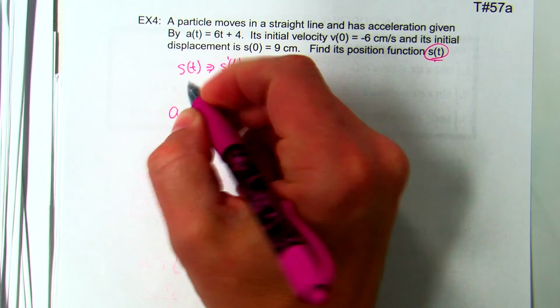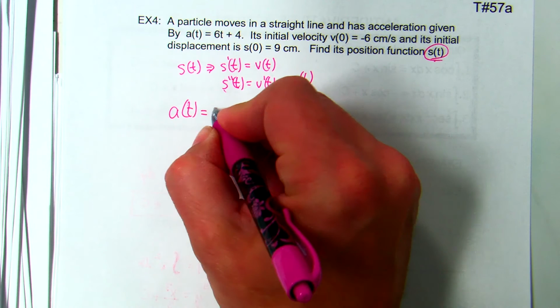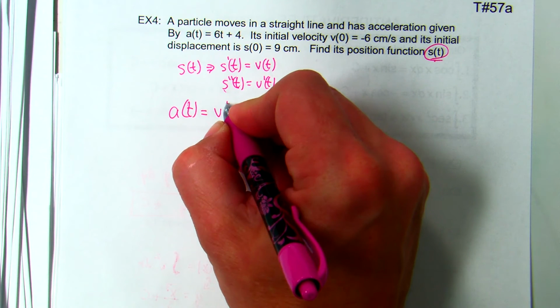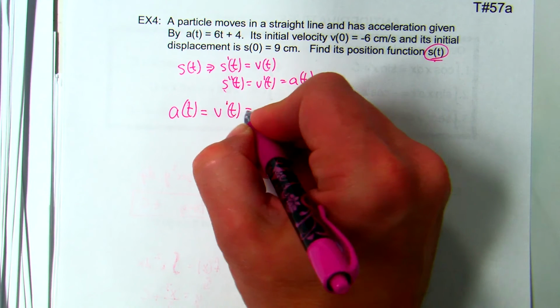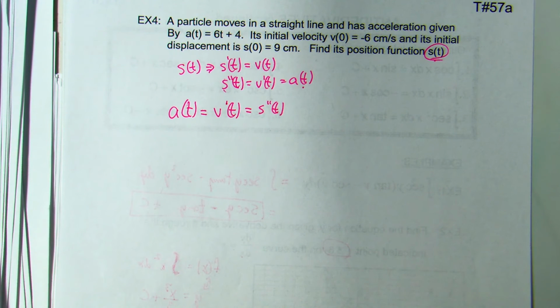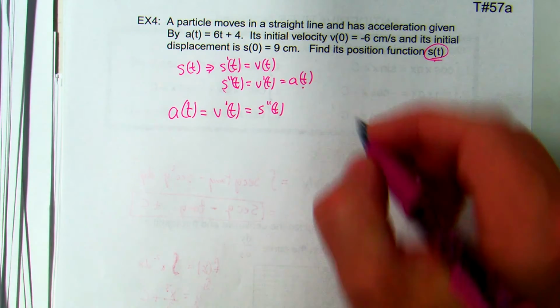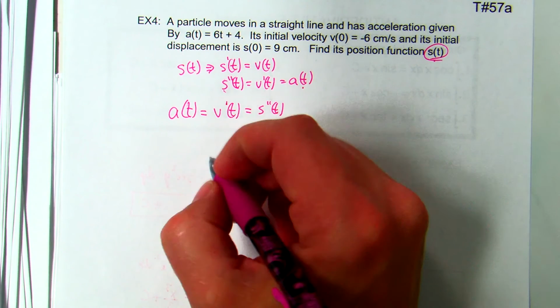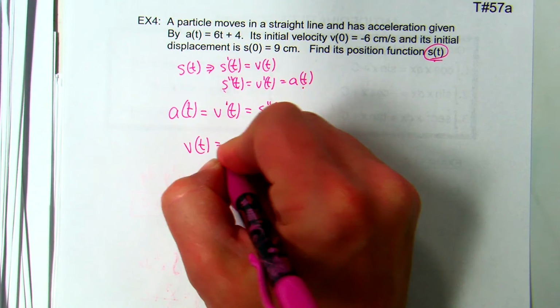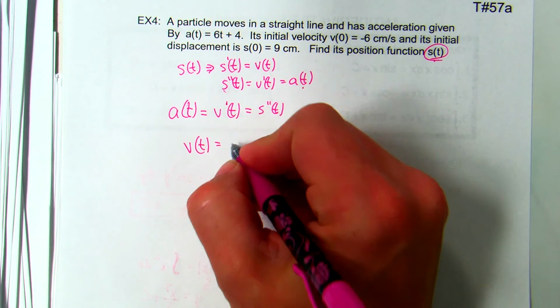So again, rewriting this here, this is what we have. It's the same thing as the derivative of velocity, which is the double prime of t. So we're going to have to go back twice to find out what the displacement, or position function, is. The position function is s of t. Okay, so now the velocity, going backwards from acceleration, is going to be